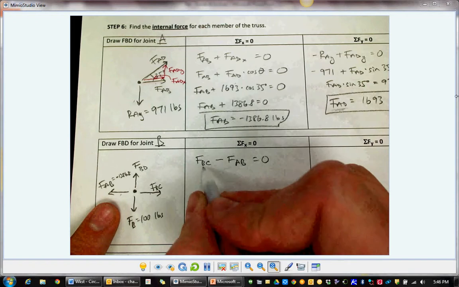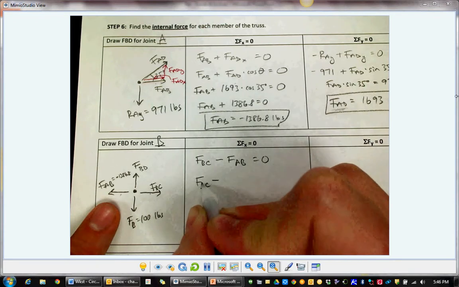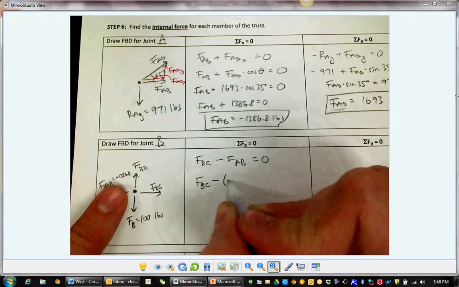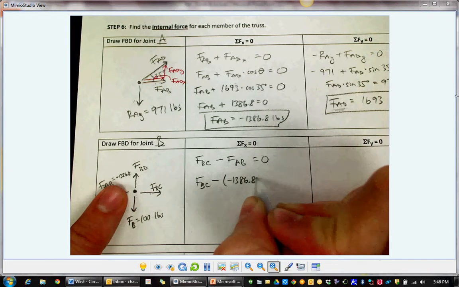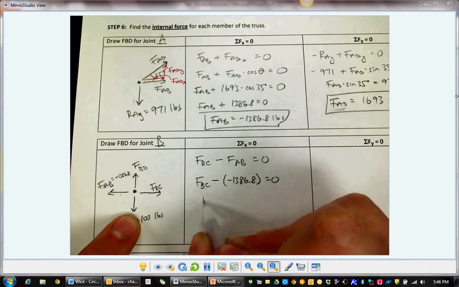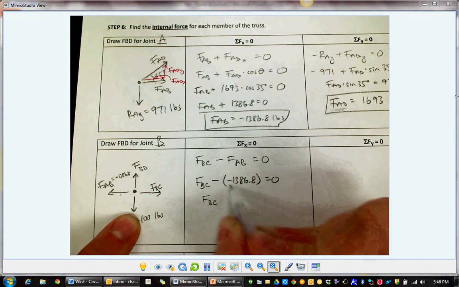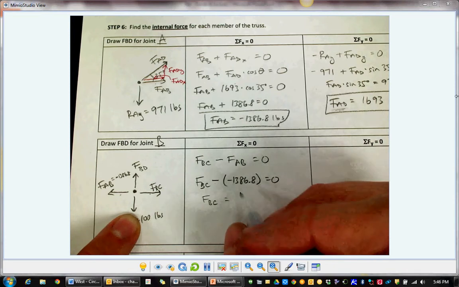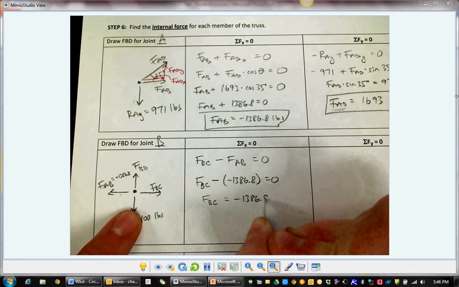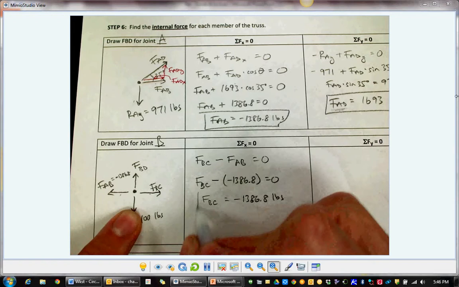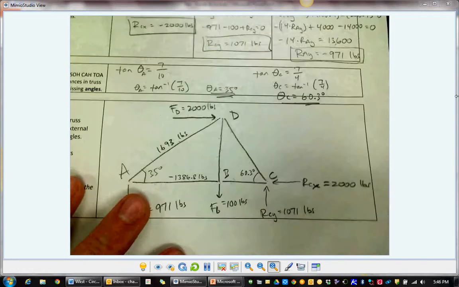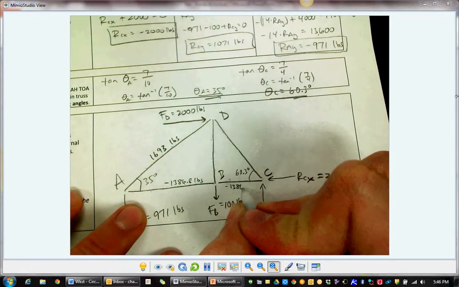Let's see if I know any values. I don't know BC, minus. I do know AB is negative 1386.8. So it's minus a negative 1386.8. Or minus a negative is positive. So FBC, this is plus, so I'm going to subtract that over there. FBC comes out to be negative 1386.8 pounds. I'm going to go update my free body diagram of that. Negative 1386.8